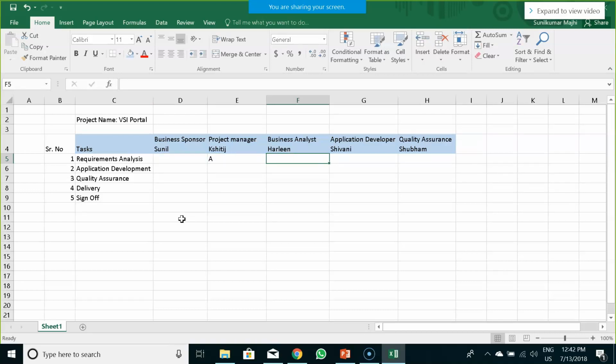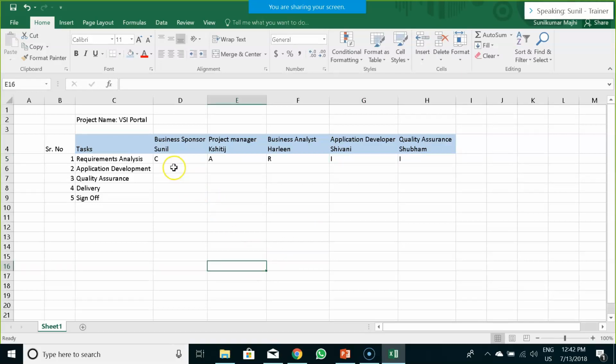Okay. Who should be responsible for it? Halim. Now, while I am doing my business analysis activity, who all can I consult? Yes. Now, who should be kept informed? Application. And your quality assurance as well.